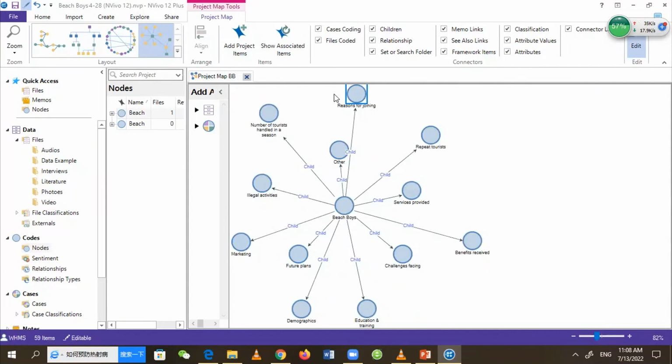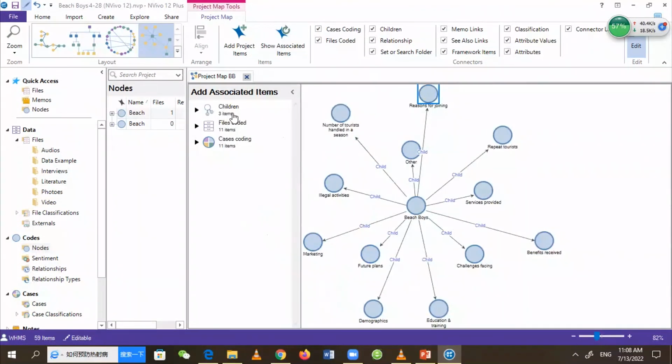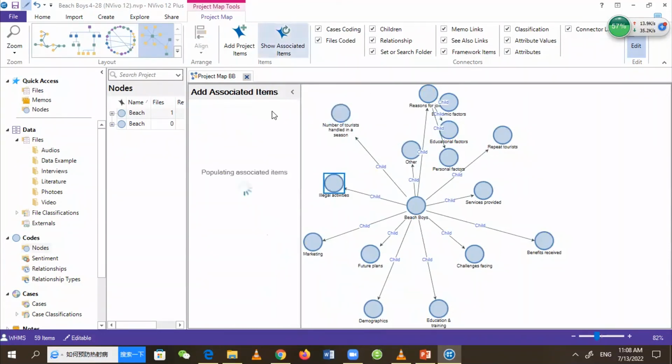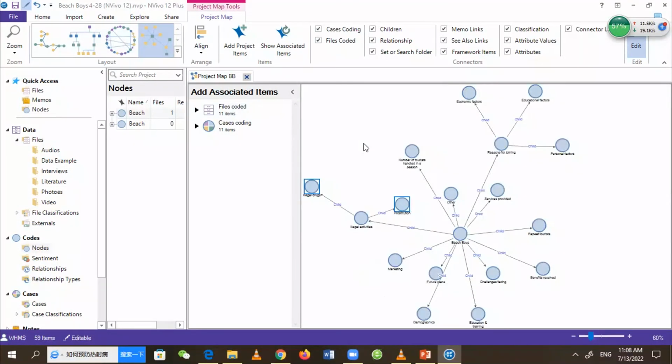Okay, nice, wonderful. And suppose you need to further expand it, right? You need to see the show associated items of the reasons for joining. Okay, it has more children. I'm going to take them in here as well, right? Number of tourists handled in a season. Let's see. Okay, it has no child codes. Illegal activities. It has 2 children, right? Okay, like that. You can keep on expanding this thing,